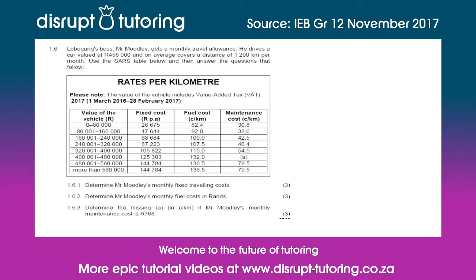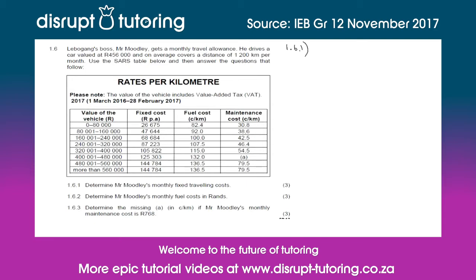You can see they've given us the rates per kilometer. It's subdivided into categories of the different values of cars. You get a fixed cost, then you also get a fuel cost, which is cents per kilometer, and a maintenance cost, which is also cents per kilometer. And then in 1.6.1, they've asked us to